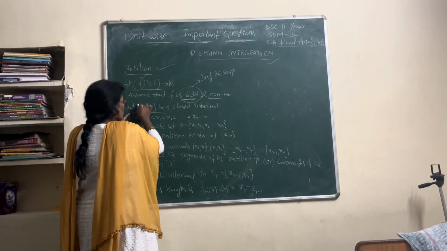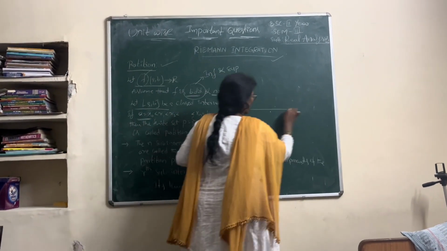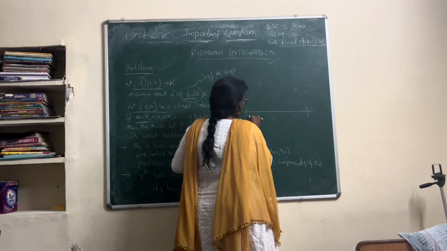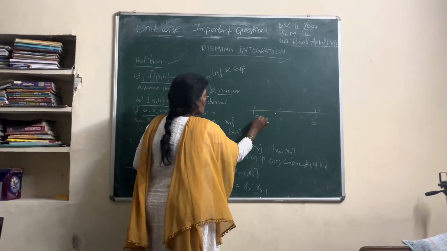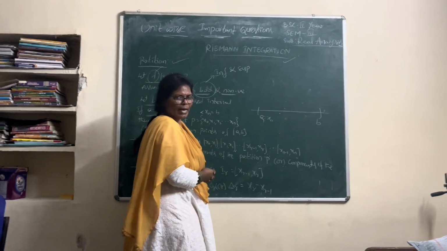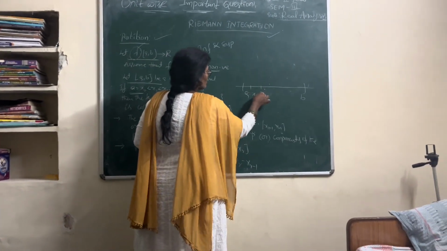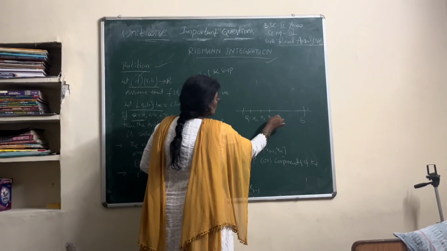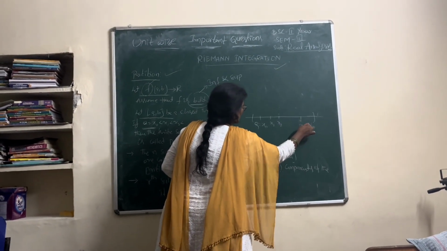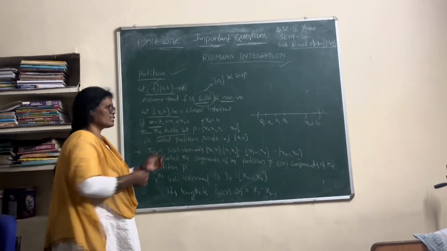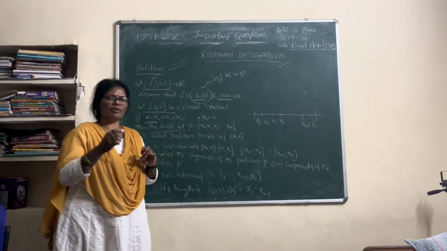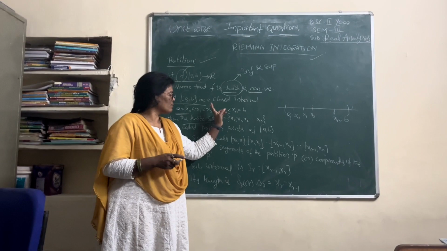That means in between a and b we have the elements x naught, which is the initial value, then x1, x2, so on, xn is equal to b. And this finite set P is what we call a partition on this interval